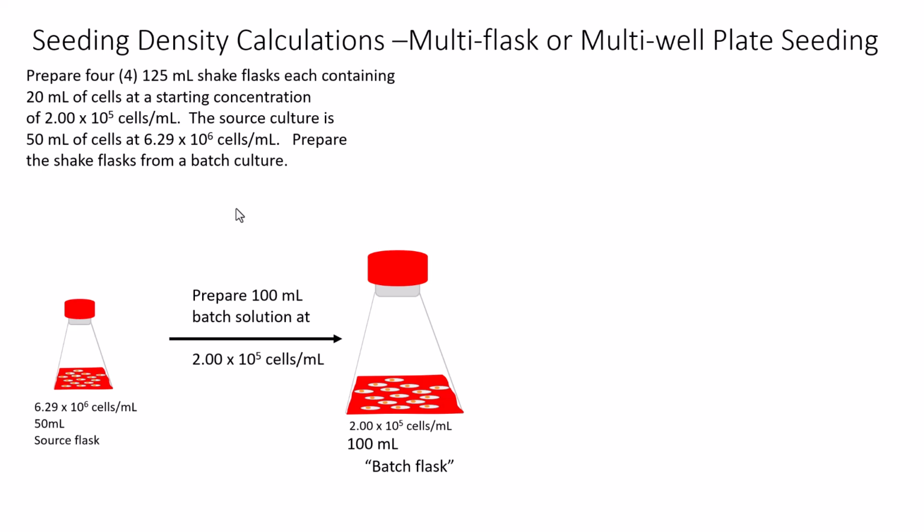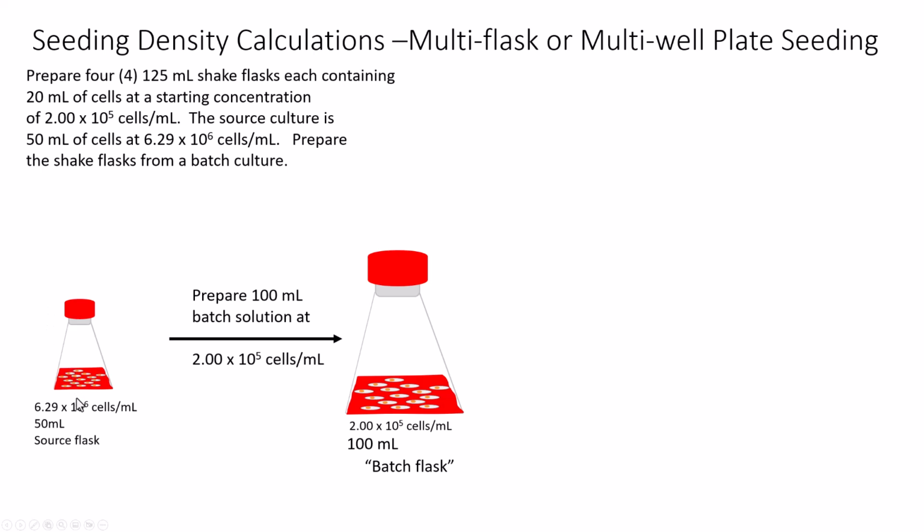If the media is really expensive, I might only prepare an extra 2 or 5 mils. If the media is cheap, I might go to 100 or even 120 mils. Right? So those are the practical considerations that you need to take into account. So what we want to do now